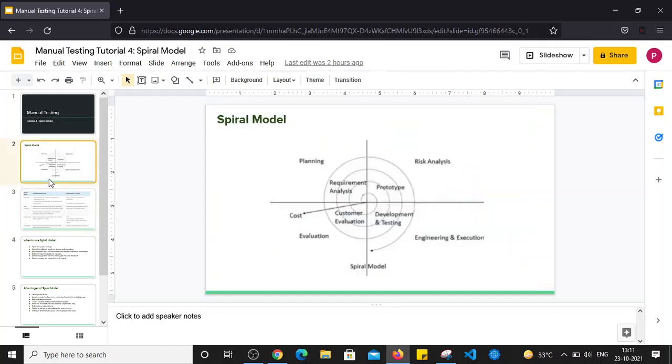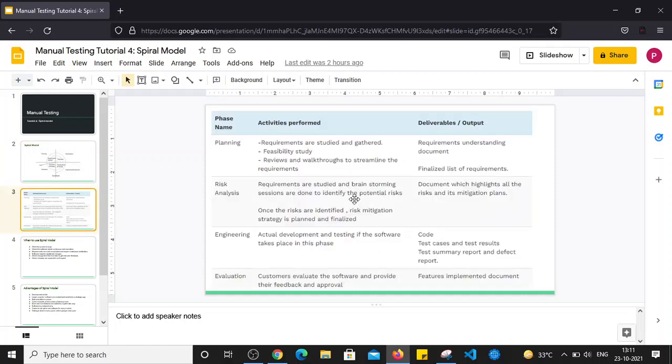So once the initial requirement phase ends, it will produce some requirement understanding document and a finalized list of requirements. And after that, we will enter into the risk analysis phase. In this phase, requirements are studied and a brainstorming session will be conducted to identify the potential risks.